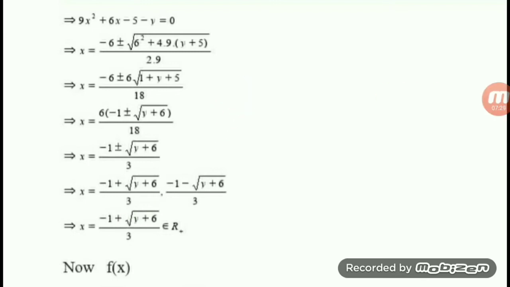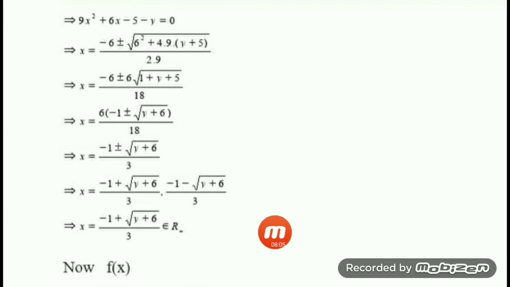I hope you remember, R⁺. That means positive. Remember your y is from −5 to infinity. So if I put the minimum value −5, it will become positive. Root over a positive expression is positive. If it is 1 then it will be 0, otherwise it will be more than 1, so you will have a positive number. But in the other case, whatever number you put, minus and minus gives you a negative number, so it is not present in R⁺. That's why I am writing that x equal to this is present in R⁺.